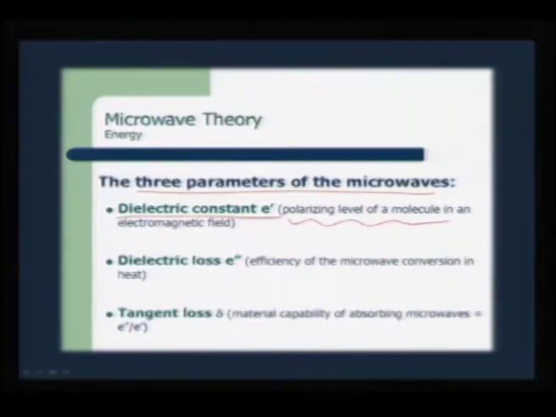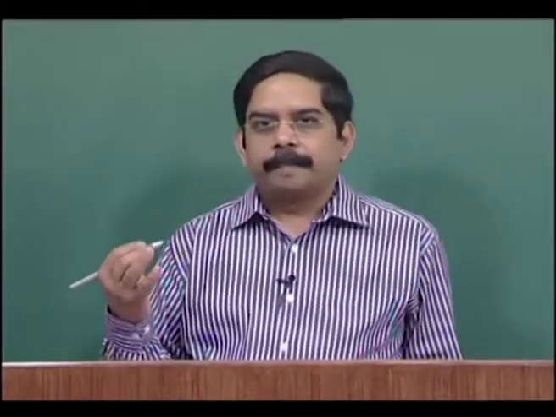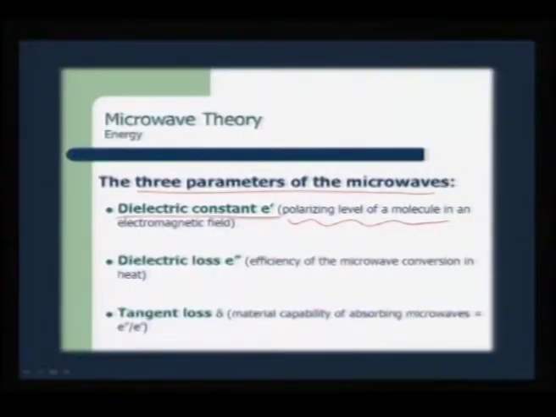Sometimes if you have a molecule with a permanent dipole, then it is already polar, therefore it will couple. But if you have some molecules, maybe non-polar molecules or aprotic molecules, then those will actually have an induced dipole moment in the microwave, therefore that will also interact. So, the essential factor is the epsilon or E prime, which is unique to the material itself, and